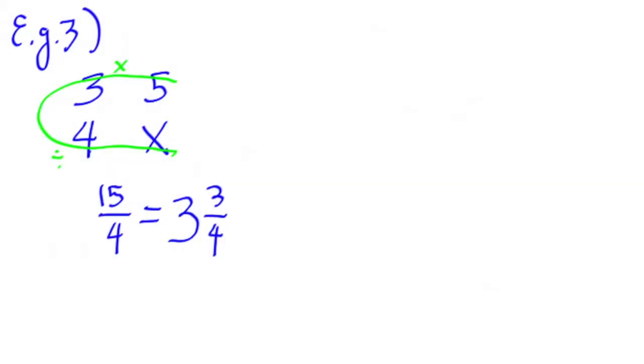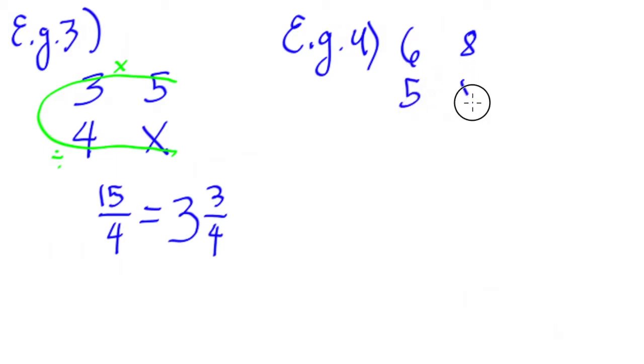Here we go. So for example, 6 men is to 8 days and 5 men is to X days. Since this is indirect proportion, it's indirect because it's the number of men compared to the number of days. The more men you have, the lesser days it will be to complete the job. The less men you have, the more days it needs to complete the job. So we will do it like this. This is multiplication, this is division, and we cannot cancel anything